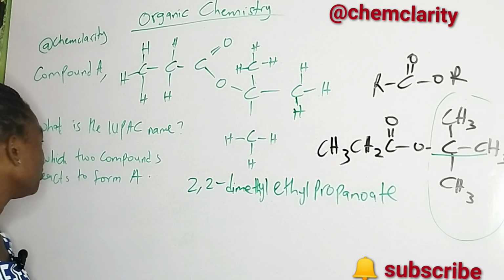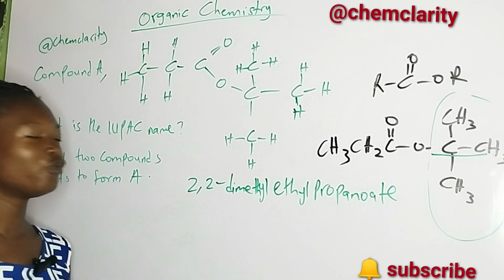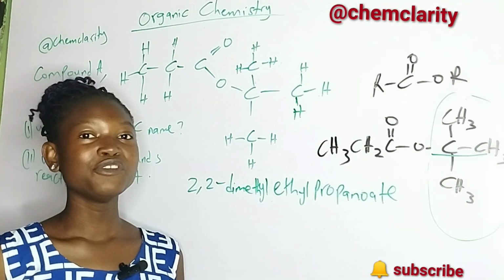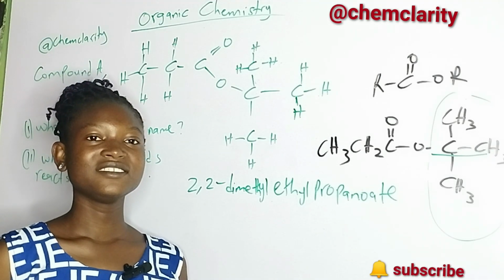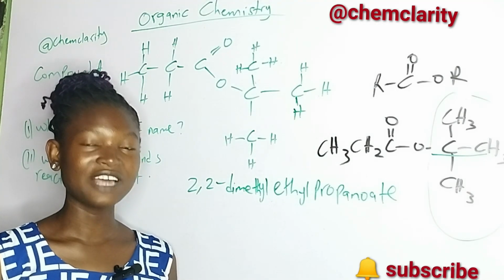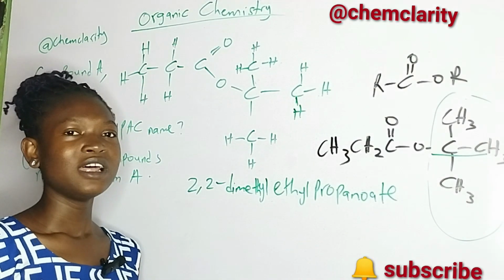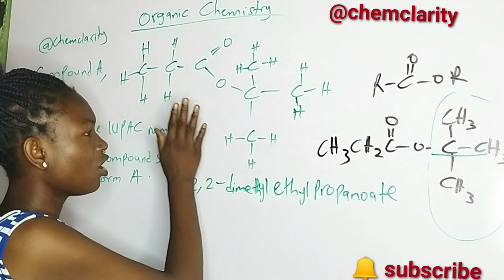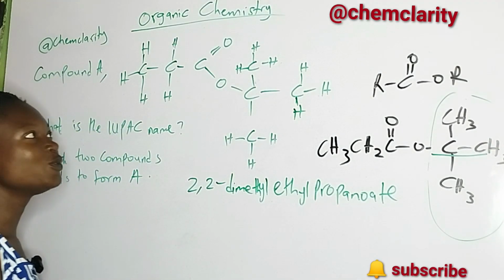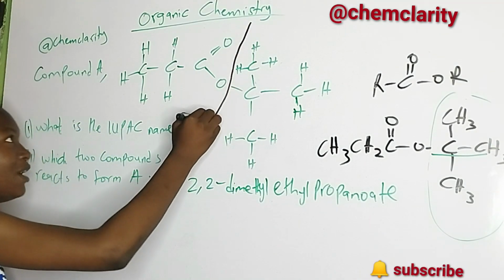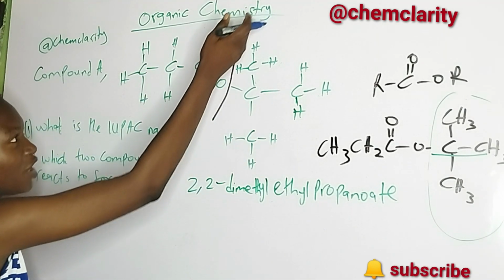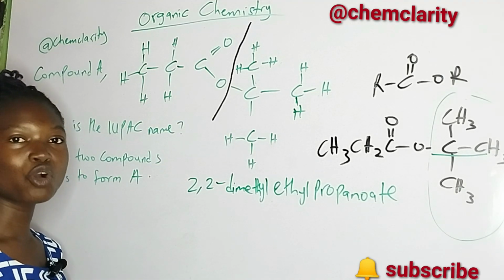Now, let's go to the second question, which is which two compounds react to form A? From basic organic chemistry, you know that we want to form an ester. That is reaction between an alkanol and alkanoic acid. Now, that should give you a clue that in this compound we must have an alkanol and an alkanoic acid, and the place where the compounds join is at this place, because this is where you can find an alkanoic acid, which means you will draw a line at this point and you rewrite the compound